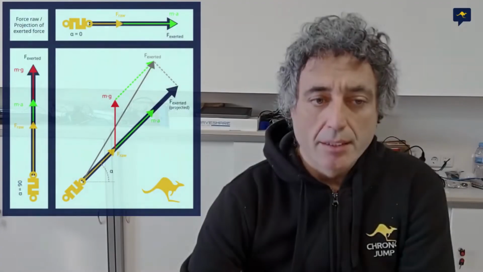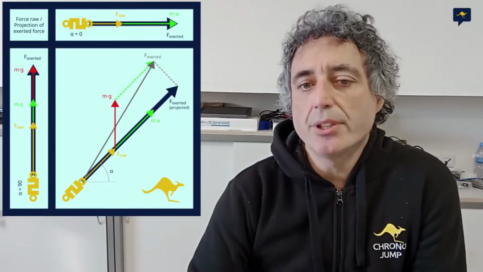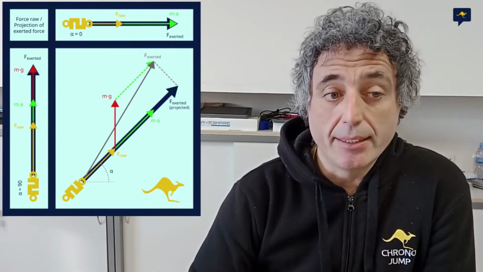A vector addition, graphically, is as simple as concatenating the arrows representing each vector, as you can see in the animation. The resultant force, the gray one, starts at the beginning of the first vector and ends at the end of the last vector. There are three forces that contribute to the total force exerted by the person we are